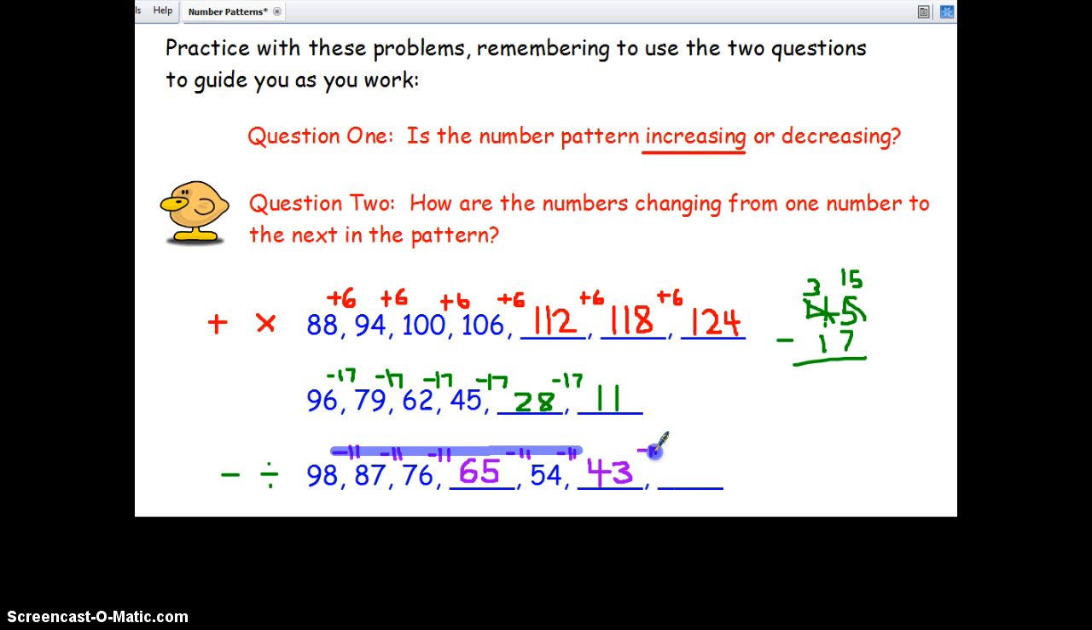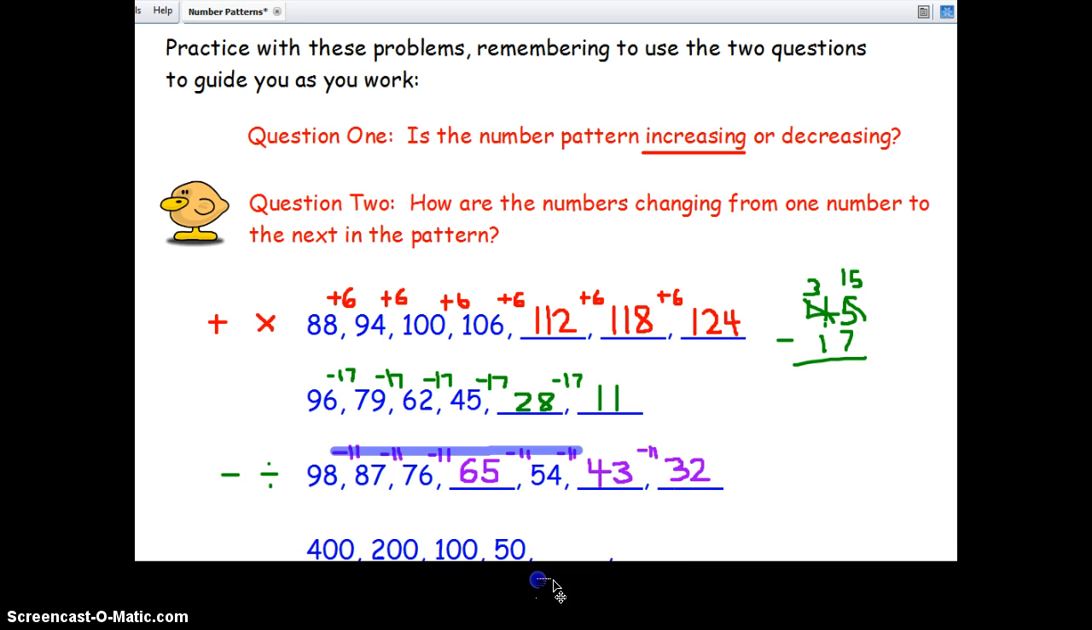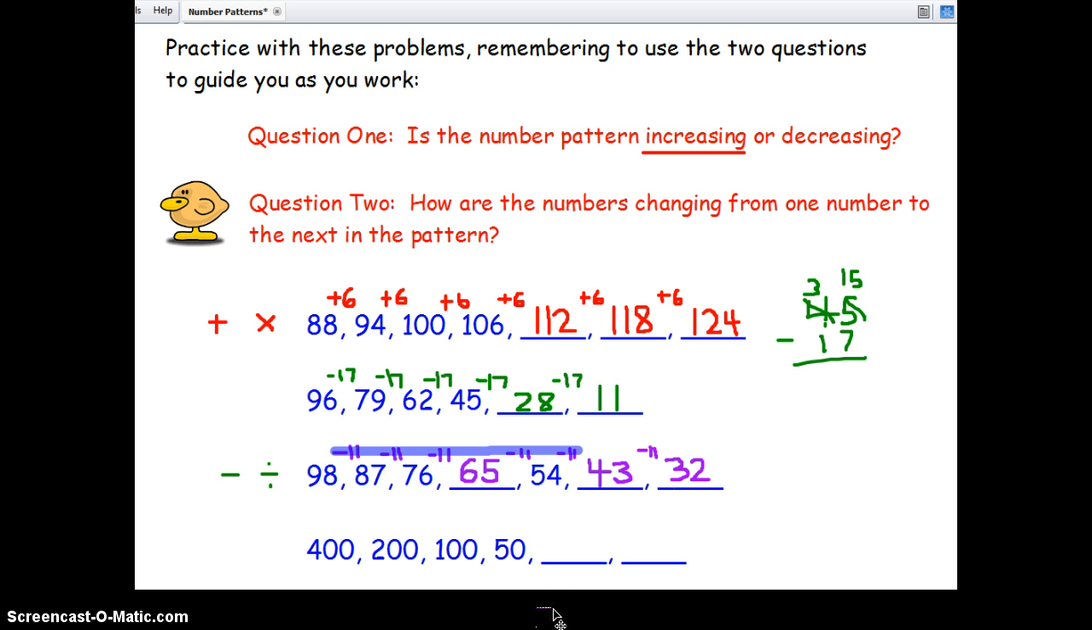And now I'm going to subtract 11 again. 43 minus 11, that should get me to 32. If you said 32, you are correct. Good job. Okay. On this last problem here, we're starting with some big numbers, but just because you see